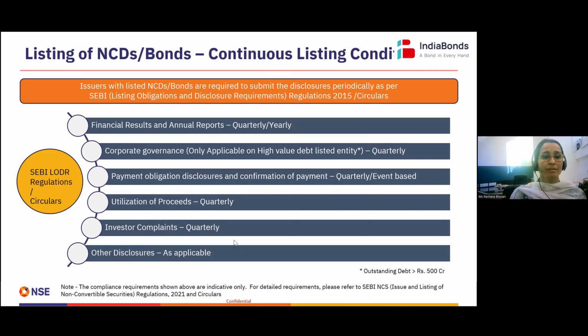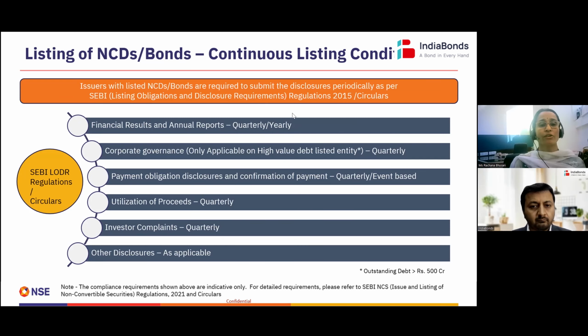So again, the reason for listing of bonds or listing of any security on the exchanges is that it offers investors a lot of confidence and trust. It means that information asymmetry is not there. Investors are able to take information at par, take a very informed decision, and there is a fair and transparent way that the exchange is doing the whole process about listing and continuous disclosures. So I think the advantage of listed bonds is abundant. It is about you looking at that information and taking an informed decision.